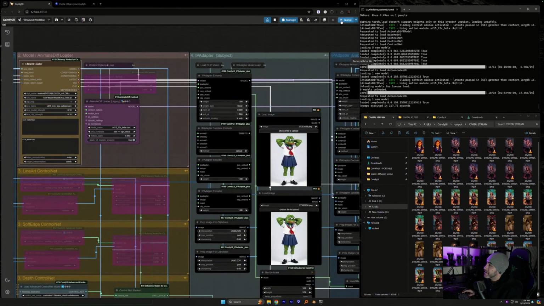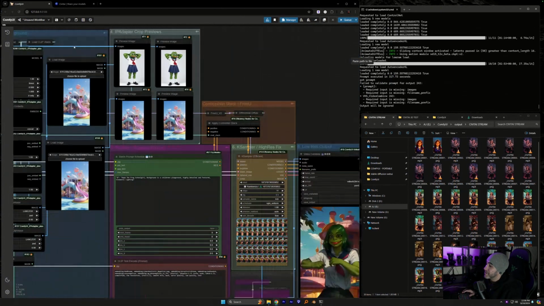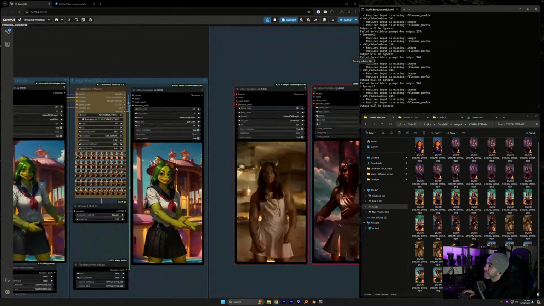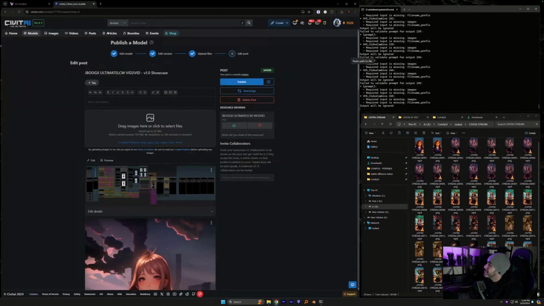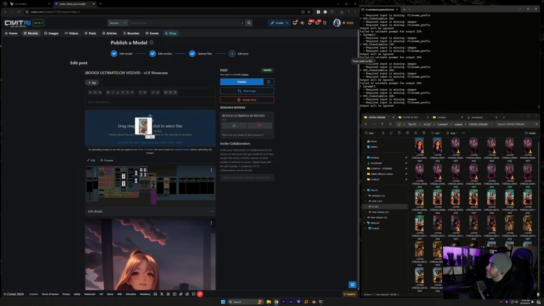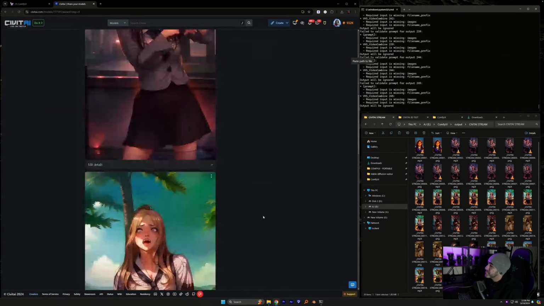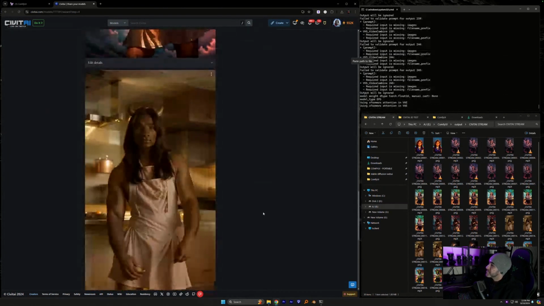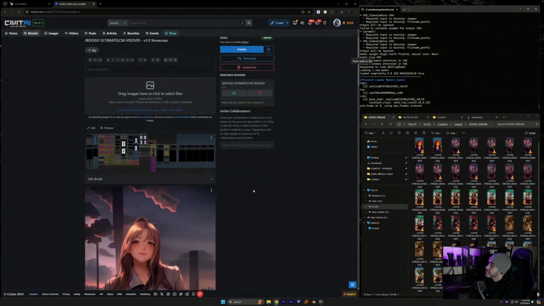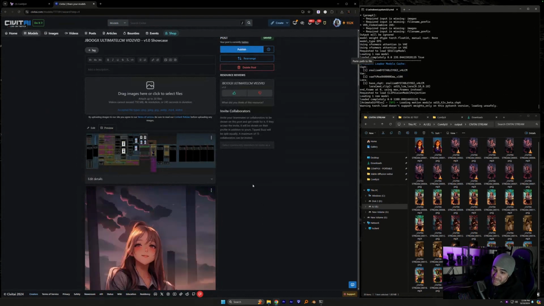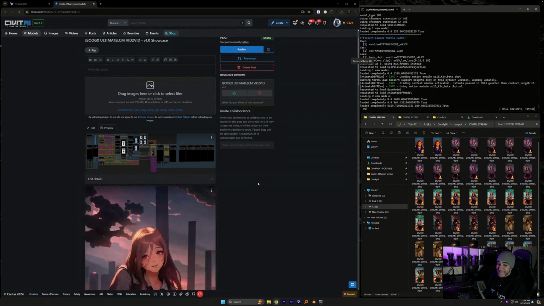I want to see if we can get a cool, realistic Pepe to put on the model page. But we'll also put that one on. Boom. Finally, some good frog.